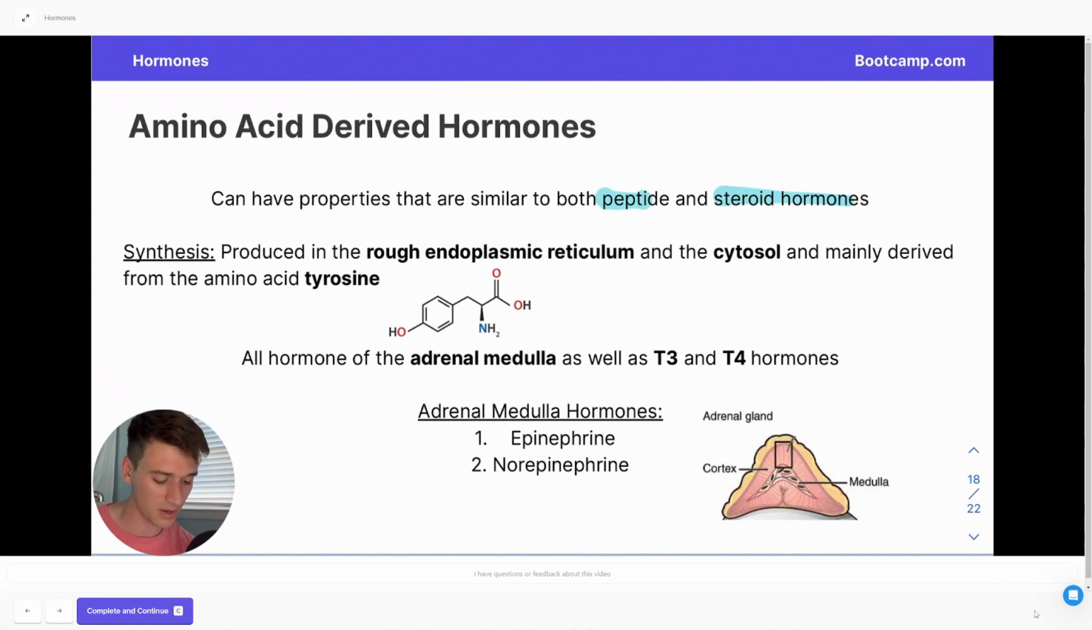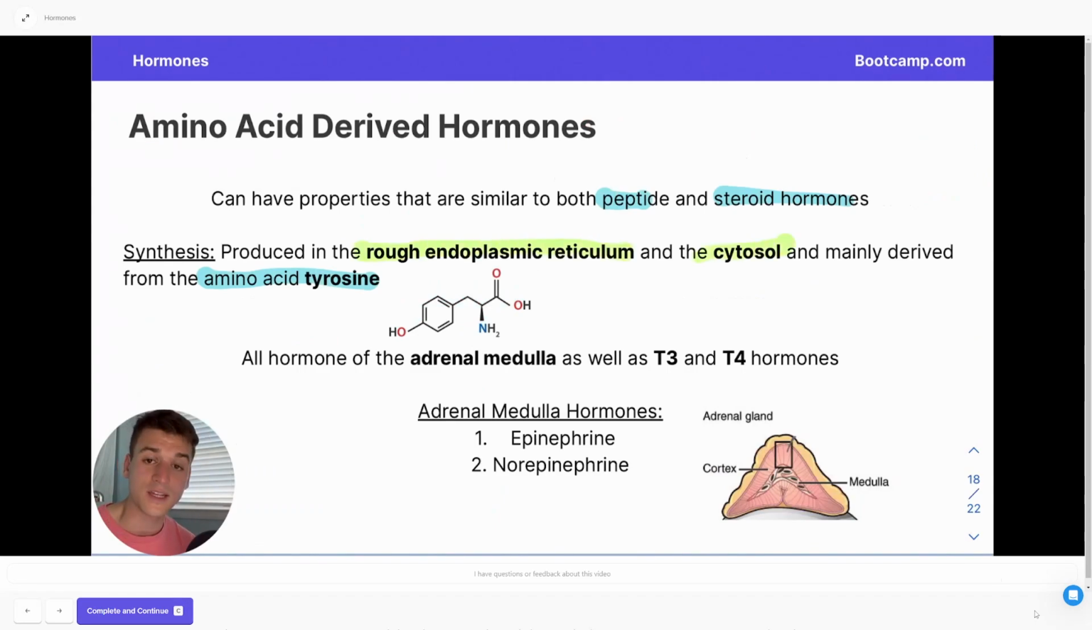What we're talking about instead are hormones that are mostly derived from the amino acid tyrosine, which we can see right here. And so an example of a similar property that an amino acid-derived hormone might have to, say, a peptide hormone is the polarity. We're not going to be able to bring an amino acid-derived hormone directly through the cellular membrane because it expresses a similar polarity to that of a peptide hormone. And in terms of synthesis, we'll be producing these amino acid-derived hormones in the rough ER and in the cytosol